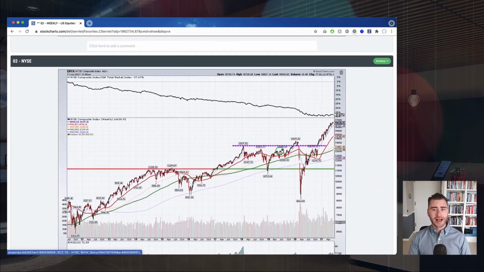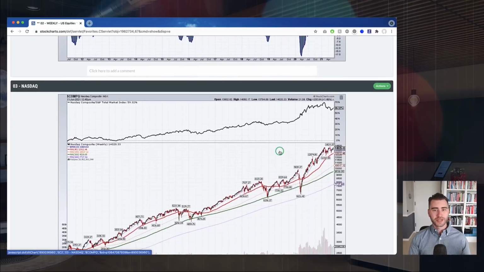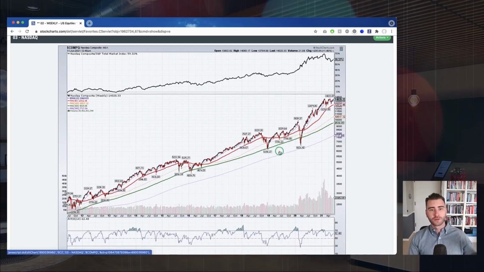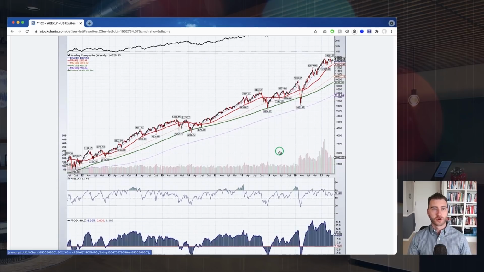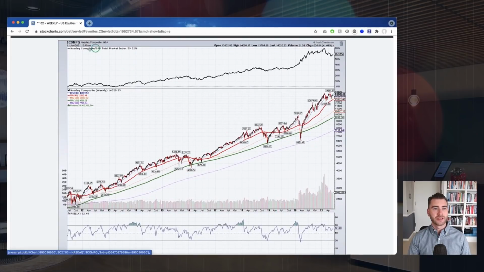So from here, I can then start to drill down further into the daily charts and then into the intraday charts. So we're not going to spend a ton of time digging into each one of these charts, but just to get you a sense of what these lists are there for, we're starting up at the top with that weekly list, all full of weekly charts for all of these different indexes. So for example, here is the NASDAQ. We've got a 10-year view of the NASDAQ. In this case, it is actually the index itself. This is not an ETF, so I am benchmarking this in this relative strength line against the S&P